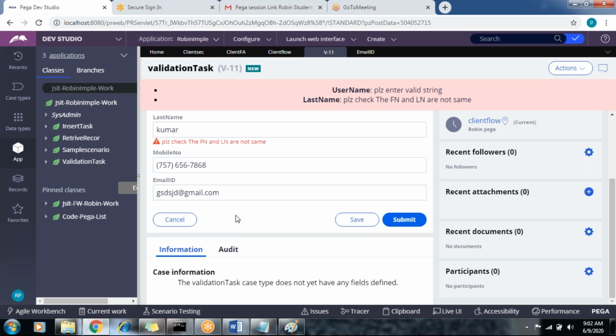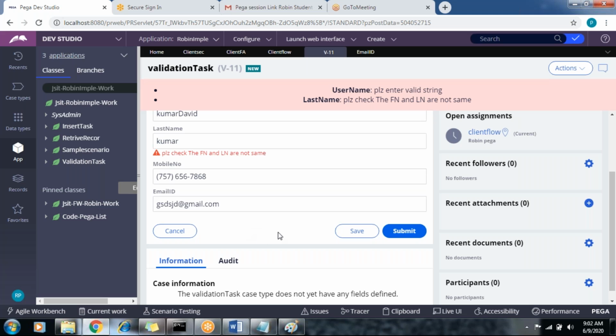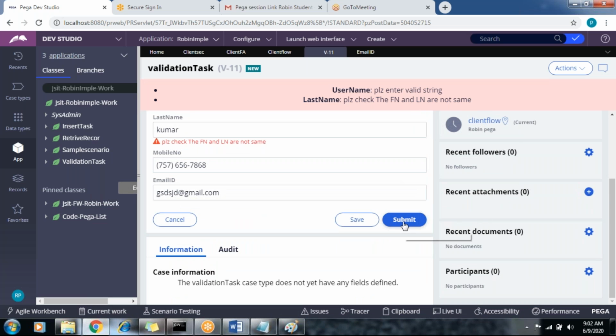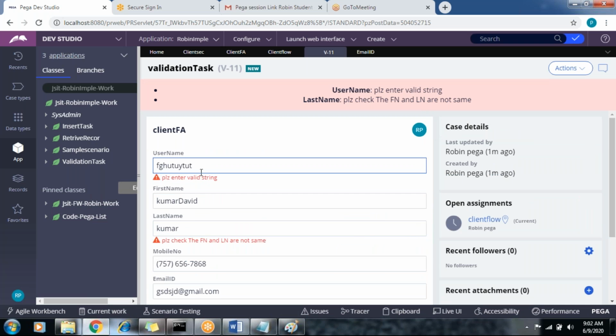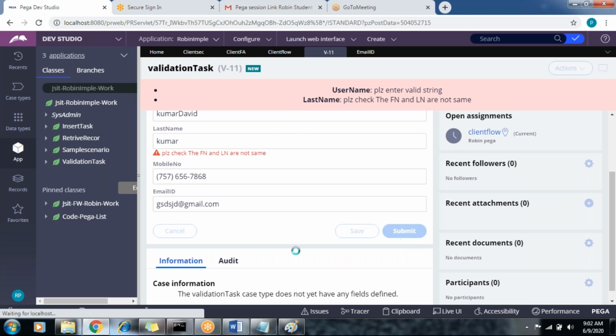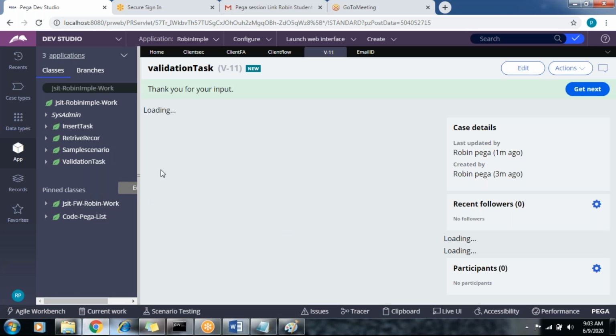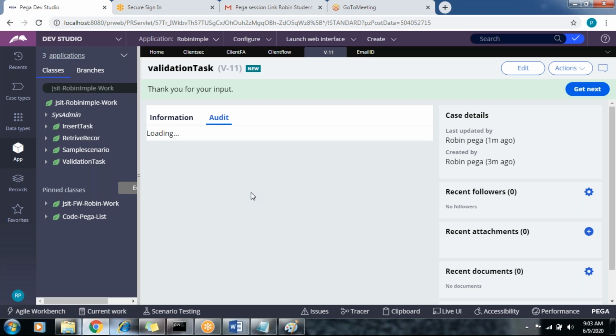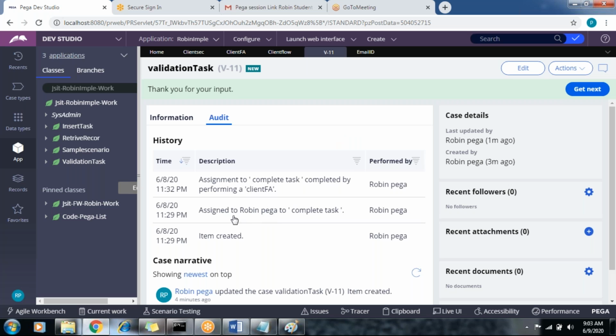So that means we can apply validations in multiple ways. With declare constants also we can apply validations. That is a different story, we can do declare constants later. There is also a rule used to apply validations. Okay, so these are all the validations. If you click on submit, you must enter the right required values only. Then it is accepted, otherwise not accepted. Flags are not executed. In the audit note, you can monitor which flags executed in the backend and with what status. Okay. This is for transfer.